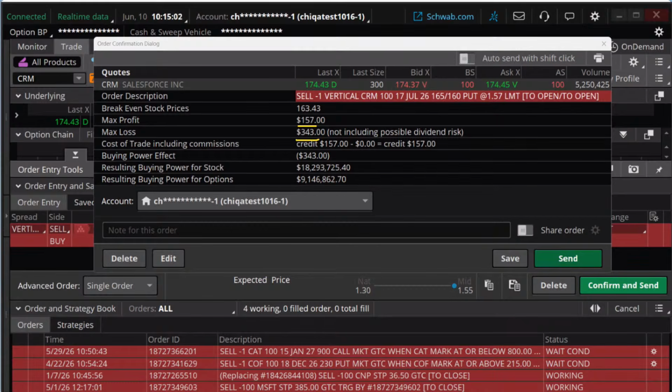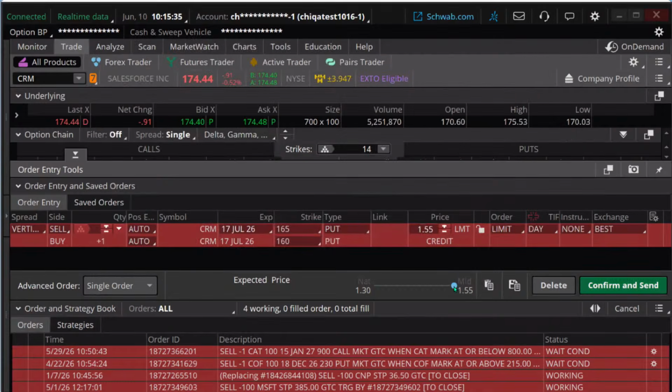Let me enter that trade here. Here's how I'm going to do it. I'm going to read through, make sure this makes sense, make sure from a technical standpoint we think the stock's going to stay above the 165 level. We already looked at the chart on that. I'm not going to do that again right now. It looked like the stock was going to stay above the 165 level. Hey, we could be wrong. We looked at the probabilities, that delta there. And so what I'm going to do is, actually, I'm not going to send this straight. Let me edit it. I want to make sure it fills here.